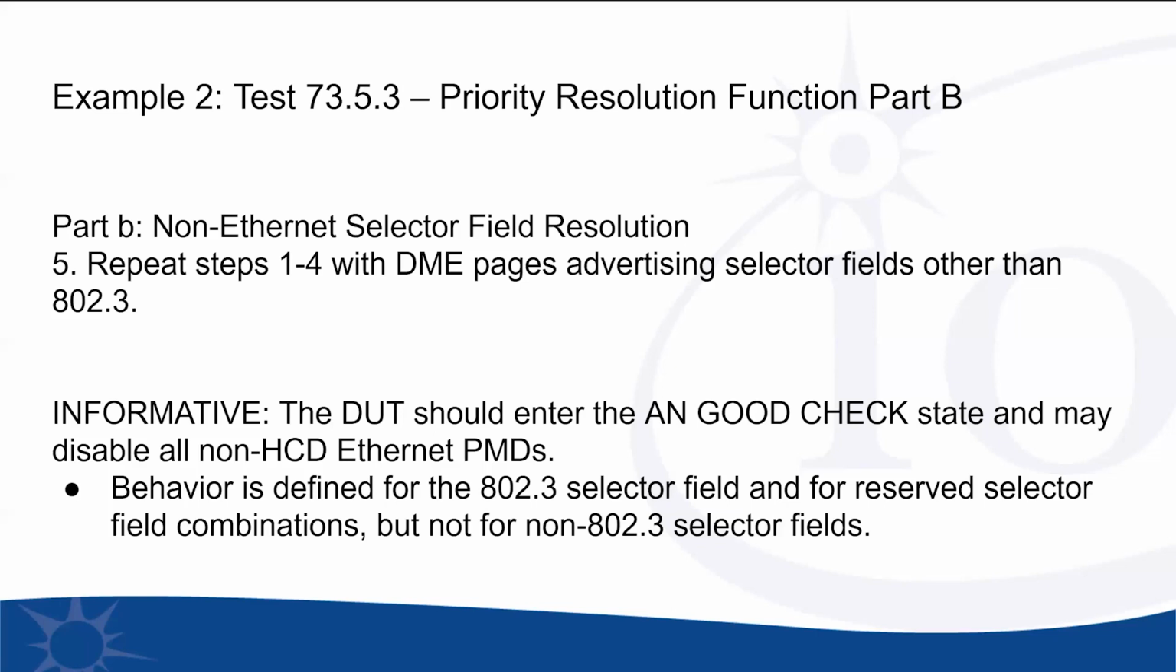So we leave this open to the implementer to try and determine, does it want to not enable those Ethernet PMDs because its link partner is not advertising that it's doing Ethernet? Or do we want to allow the device to be a bit more tolerant of non-compliance and expect that if we're in an Ethernet network over some type of Ethernet cord